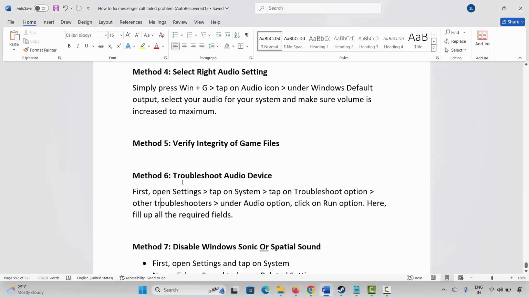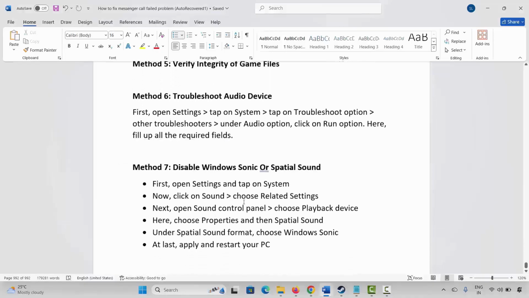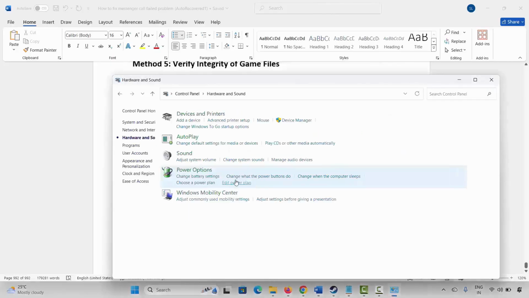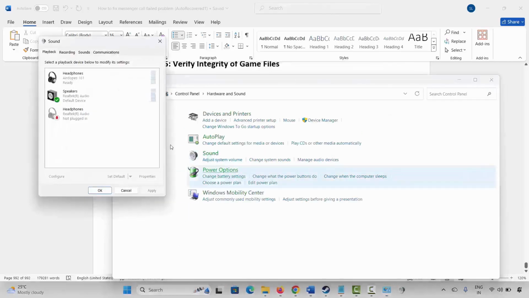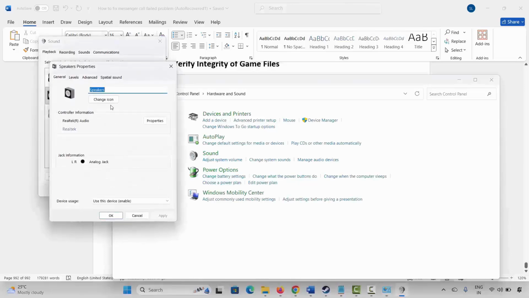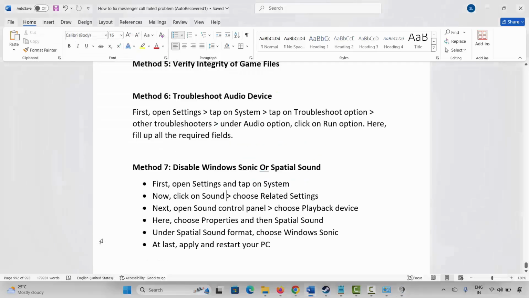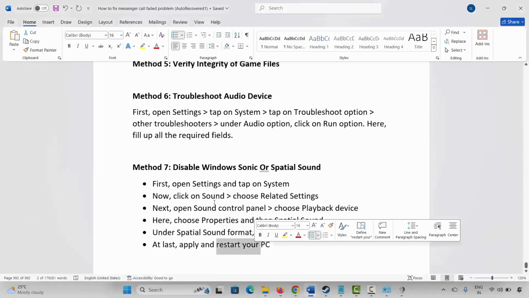If not, next method is to disable Windows Sonic or spatial sound. So for that, go to the Windows search over here. Now click on control panel, then go to hardware and sound, click on sound. Now here you have to select your speakers, right click on it, click on properties. Now go to the spatial sound option and here it is turned off. You have to select Windows Sonic and after that click on OK and then check if the problem is resolved or not. But you are suggested to restart your PC once after applying all the changes and then check whether it's working or not. So these are a few suggested solutions that will surely help to fix